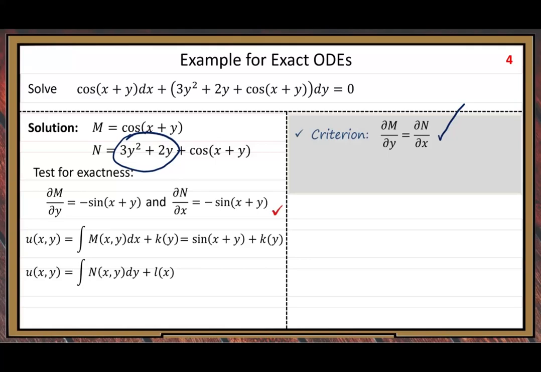u can be written as the integral of the m function dy plus the L function. So the integral part is easy. We use y as the variable, so we can do the integral term by term. So we get y cubed plus y squared plus sine of x plus y. Then we have that little L function to be determined. All right. Then to determine the little k function and the little L function,